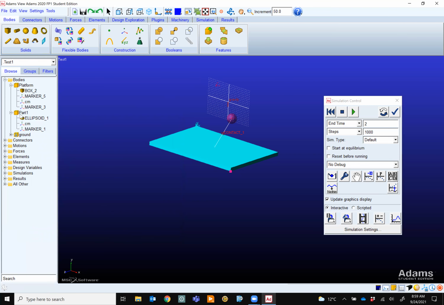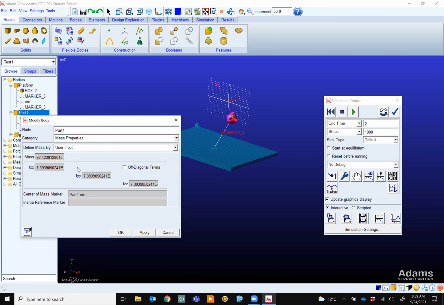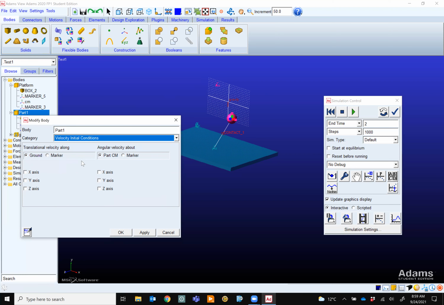For part one, the sphere, if I right click and say modify, now this is my mass, the material, and everything, right? Instead of mass, I can also change other things. For example, initial velocity. Let's say I'd like this part to have initial velocity on the x-axis.